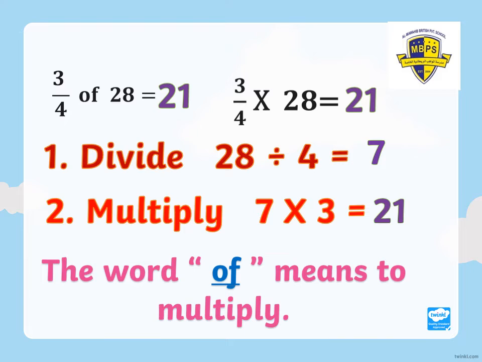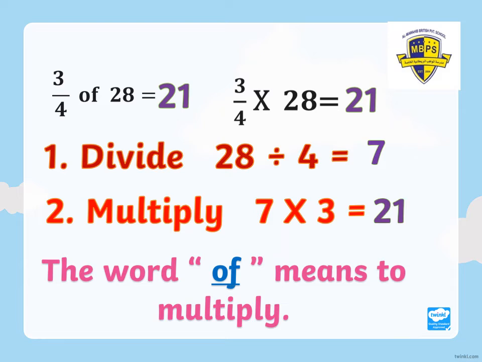So when we divide 28 with the denominator, what is the denominator, children? Very good. The denominator is 4. So 28 divided by 4 gives us how much? In the table of 4, 4 times which number will give you 28? Very good. 4 times 7 is equal to